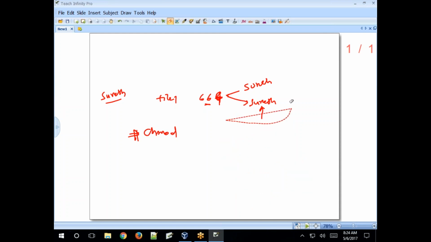chmod is used to change permissions for the user, the owner of the file, read and write, while the group already has read and write. If you want to remove read and write access, leaving only read permission, then use chmod on other 0.